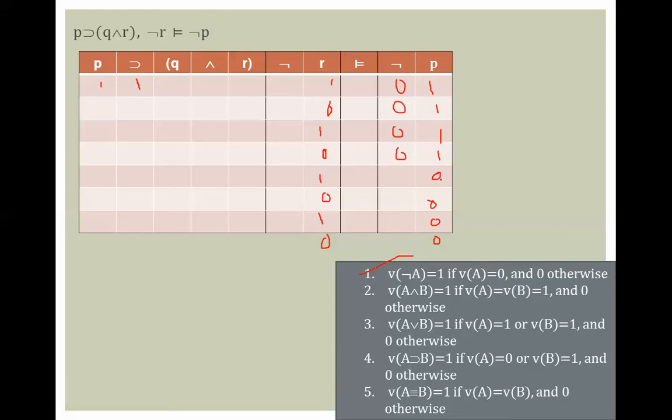And if p is false, then not p is true. Same thing for the r's over here, right? So I'm just flipping the switch. If r is true, then not r is false, and vice versa. Okay, so there we go. I know this is 0 from this is 0,